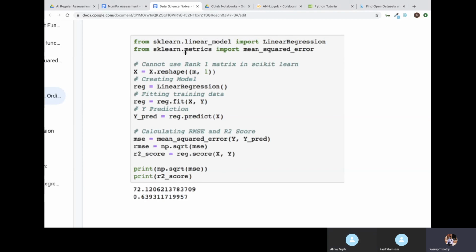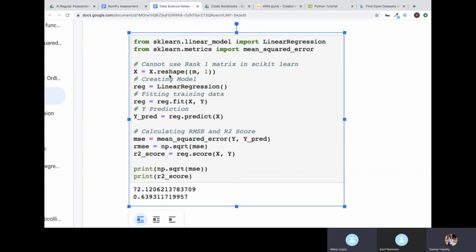Any doubt here? Yeah, there is a reshape function. Can you explain it one more time? See, reshape is to change the shape of the value. Here I'm saying reshape with total number of records comma 1. I'm passing a tuple, like one more extra bracket. What this will do is change all your values which are in a list to 1 column. Each value will be 1 record, like 1 column.